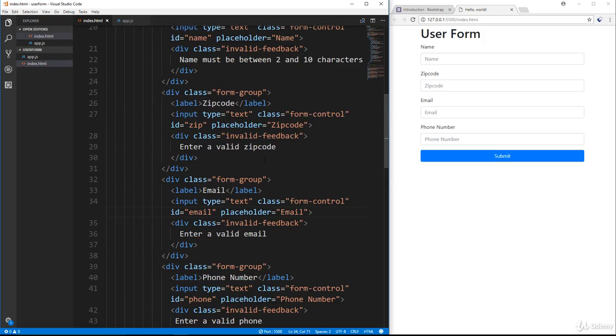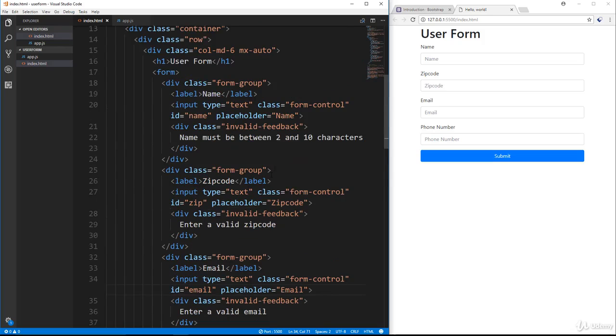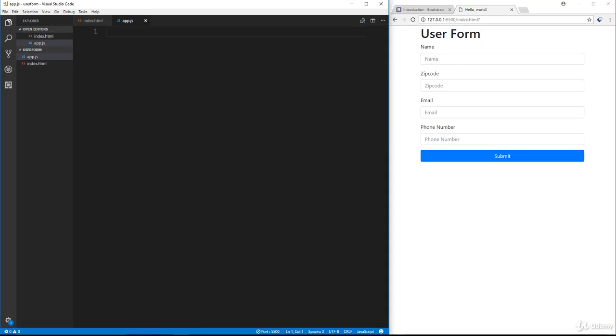Now the way that I want to do this is every time we put something in here, when we cause the blur event, so when we click out of the form field, that's when I want the validation to go off. I don't want to simply make it so that when we submit the form, all the stuff shows. I want it to be dynamic, where we leave the form field and it tells us if it's right or wrong. Okay, so we're going to go to our app.js here, and we're going to